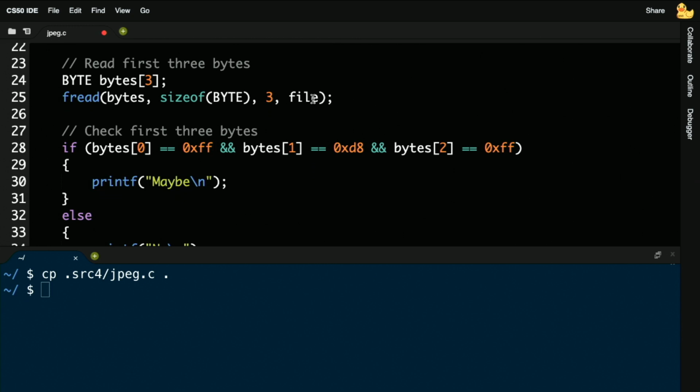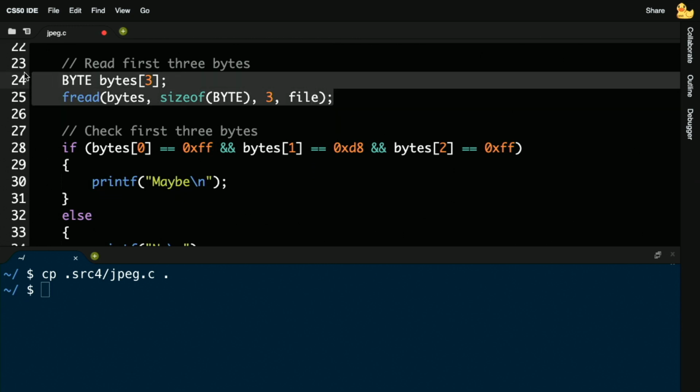Down here, I'm doing something a little clever. It turns out that with very high probability, you can determine if any file is a JPEG by looking only at its first 3 bytes. A lot of file formats have what are called magic numbers at the beginning of their files. And these are industry standard numbers, 1 or 2 or 3 or more of them, that is just commonly expected to be at the beginning of a file so that a program can quickly check, is this a JPEG?